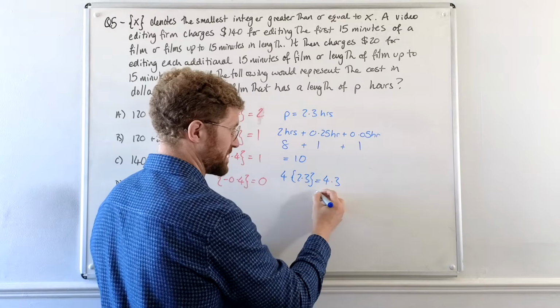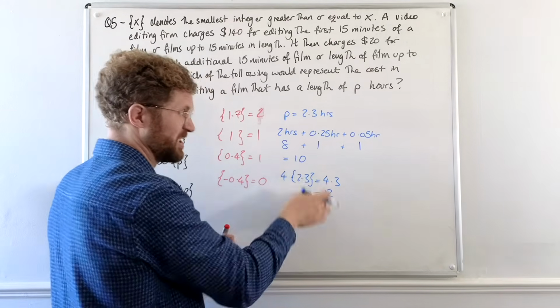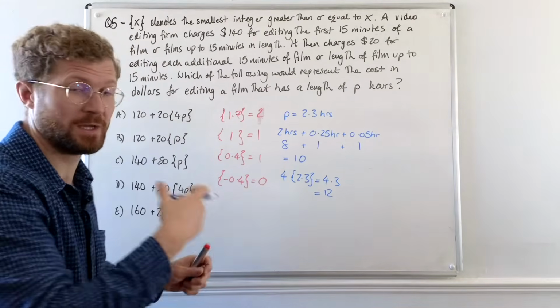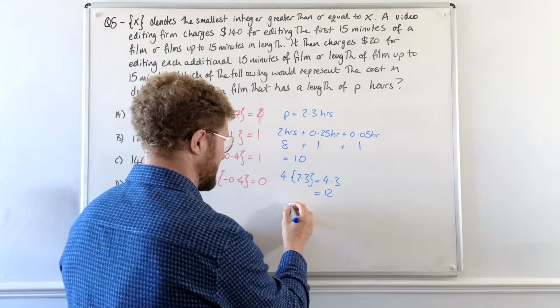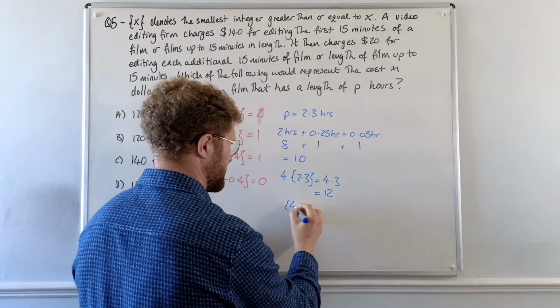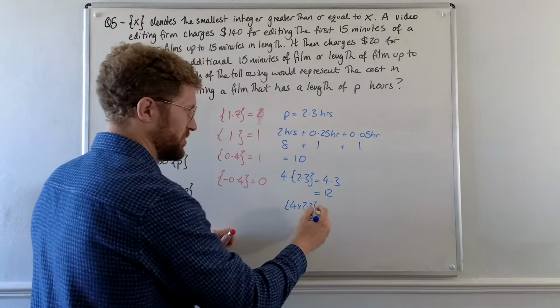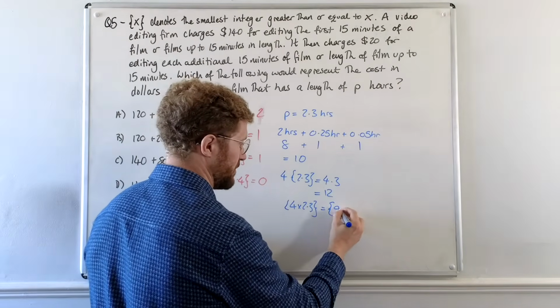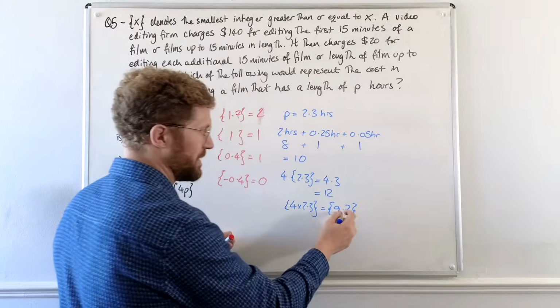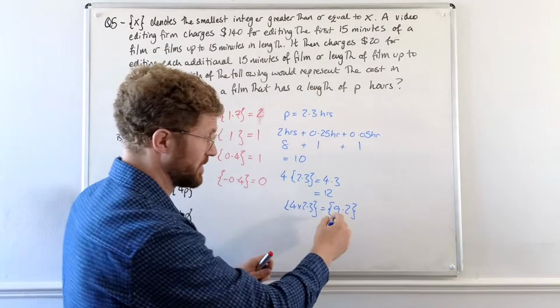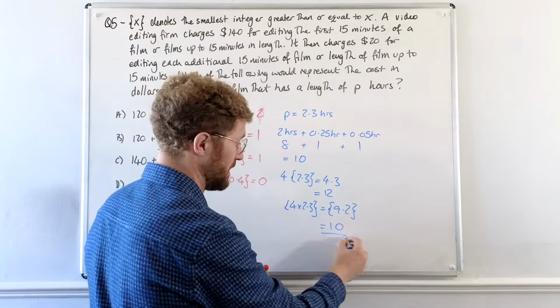That means we're going to get 4 times 3, we're going to get 12 blocks, which is not what I'm looking for. I'm looking for 10. Okay, let's try putting it inside that special symbol. So 4 times 2.3. Well, 4 times 2.3 is 9.2. And then the smallest integer greater than or equal to 9.2 is going to be 10, which is what I'm